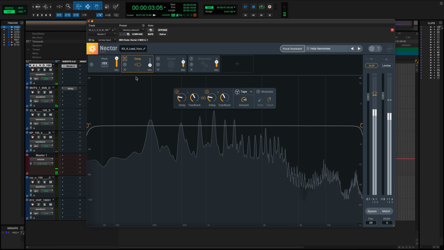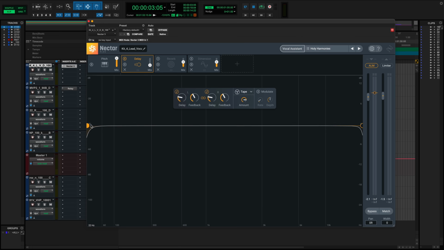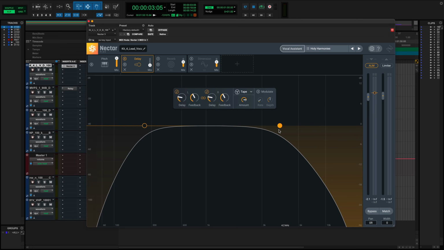Another really cool parameter that we have is an EQ, which protects certain sections of the frequency spectrum from the delayed effect. This is really great because sometimes if you're using very liberal helpings of delay through the mix here, you can really accentuate sibilance or muddiness if you allow the entire signal to get processed with delay. So with this EQ, you can drag these nodes in and protect certain regions from getting a dose of delay, which is really handy.